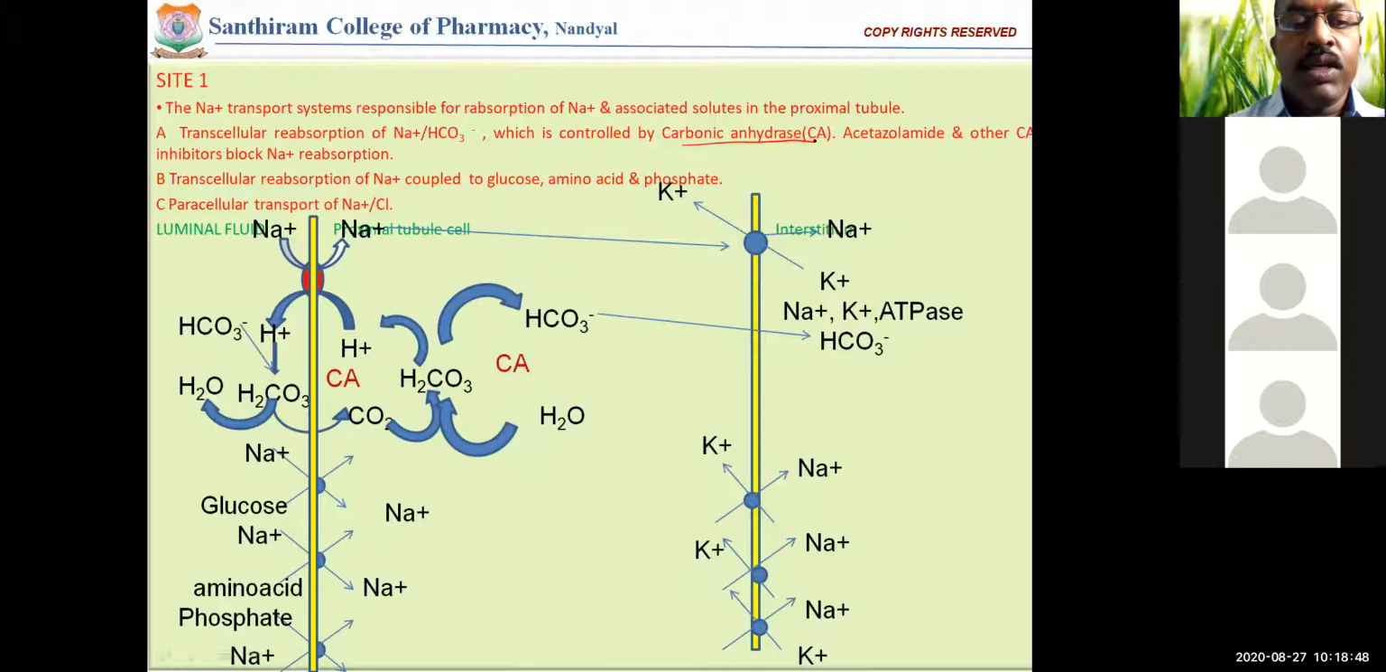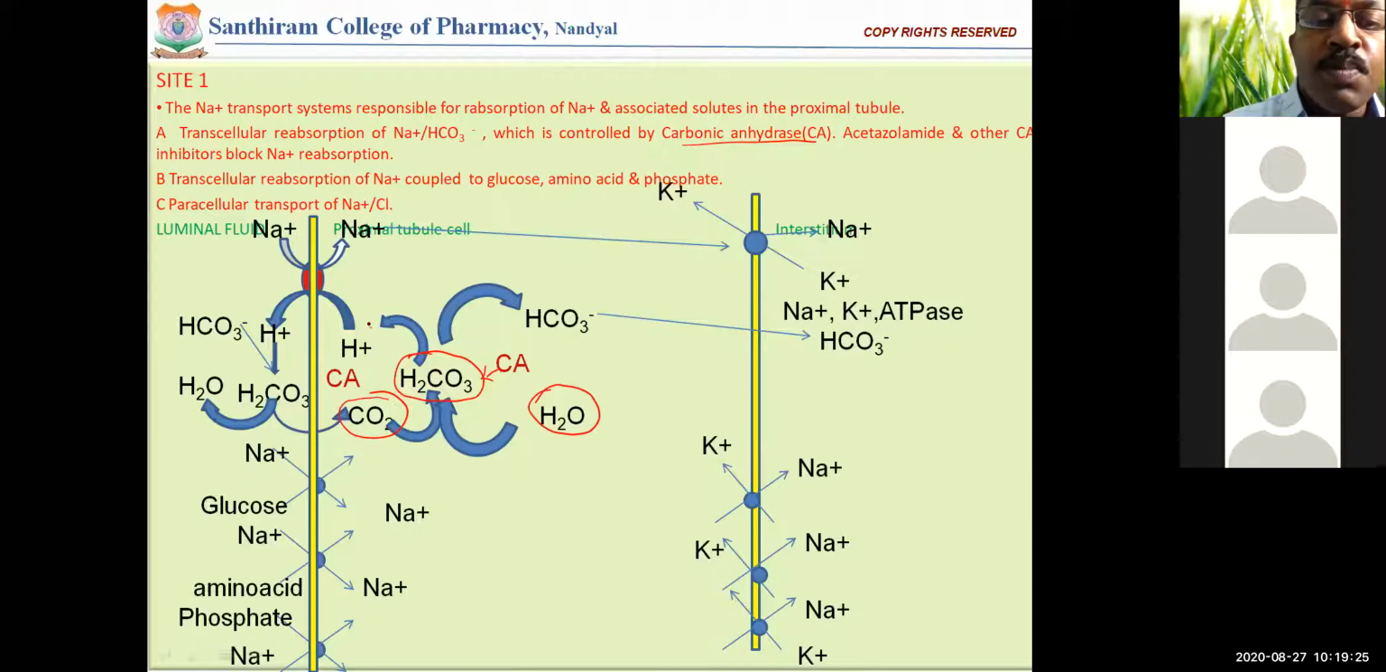So what does this enzyme carbonic anhydrase do? It reacts with H2O and CO2. This water is present in the cells, and we know that carbon dioxide is also generated by the cells during the respiration process. So they combine together to form carbonic acid, H2CO3. This is catalyzed by the enzyme carbonic anhydrase, and the same enzyme is also responsible for the breakdown of